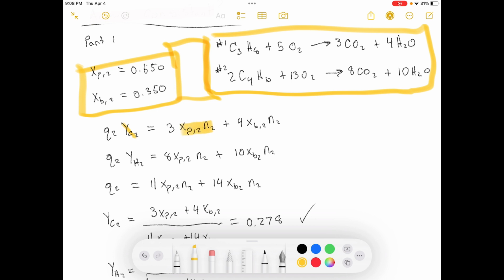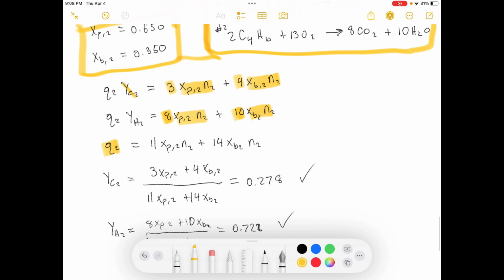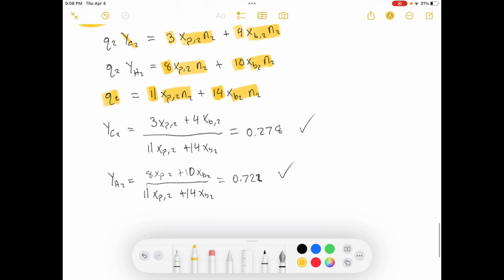There are this many moles of pentane in there. Each mole of pentane has 3 carbon atoms in it, right? Each mole of butane has 4 carbon atoms in it. Each mole of pentane has 8 hydrogens in it. Each mole of butane has 10 hydrogens in it. And if you put it all together, there are 11 atoms in pentane, and there are 14 atoms in butane. Okay? Then we do the same thing. You can just divide. The N2s cancel out. And then we can solve for